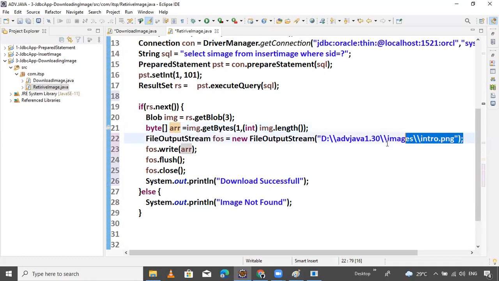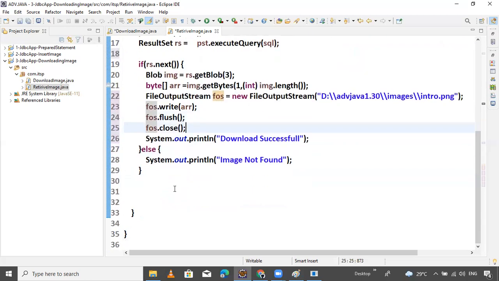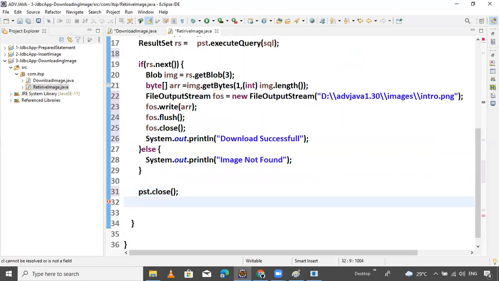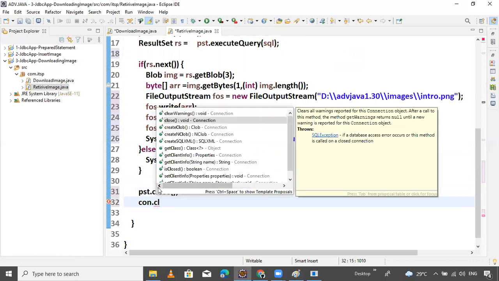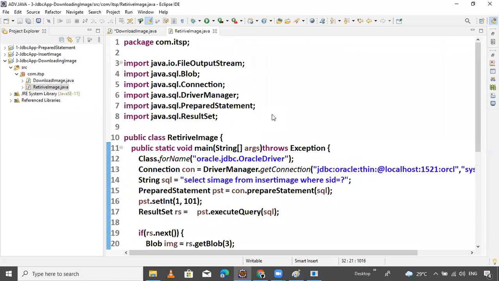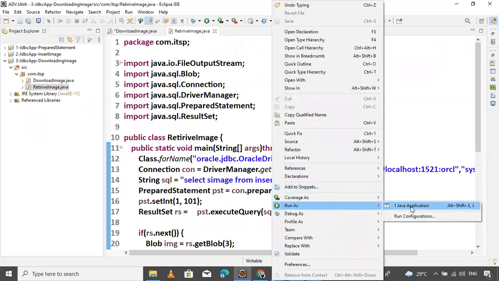So open one file, intro.png, and write using the write method of the FOS class, then flush and close the FOS. Then close all the statements: statement close, connection close. That's it. I hope, fingers crossed, it runs successfully on the browser.